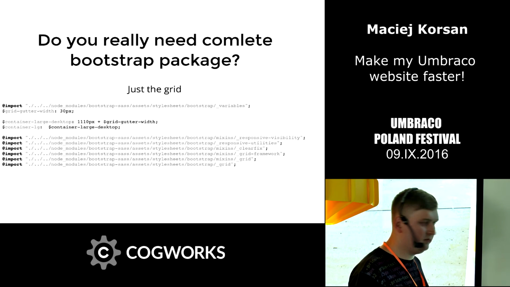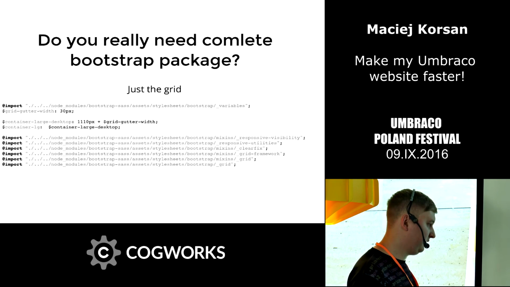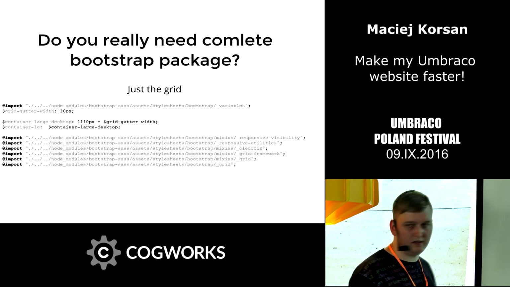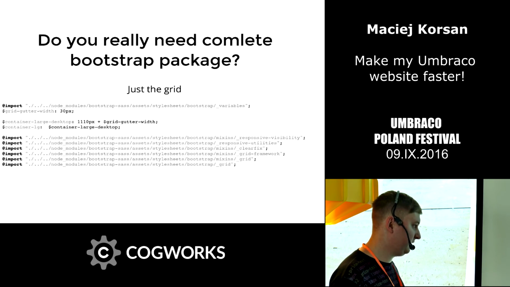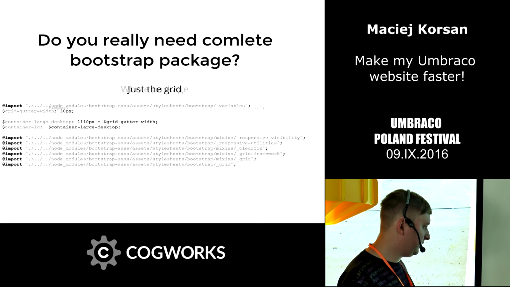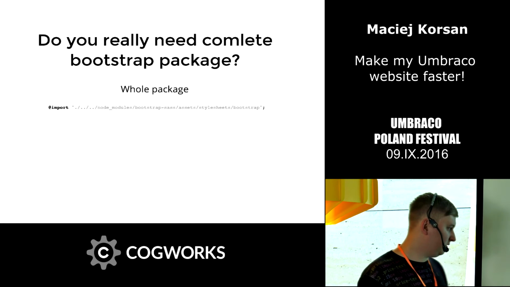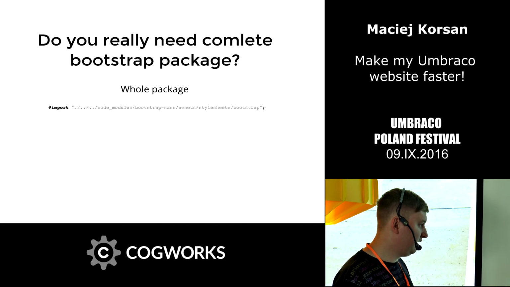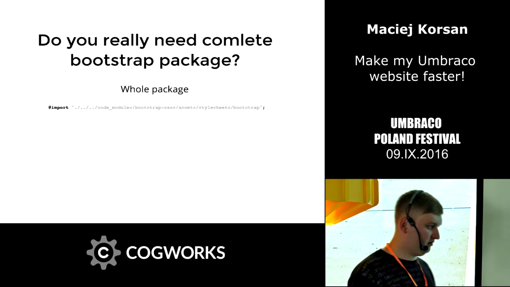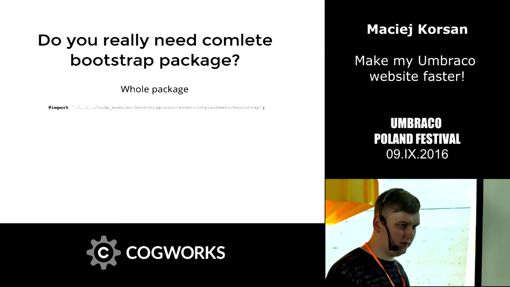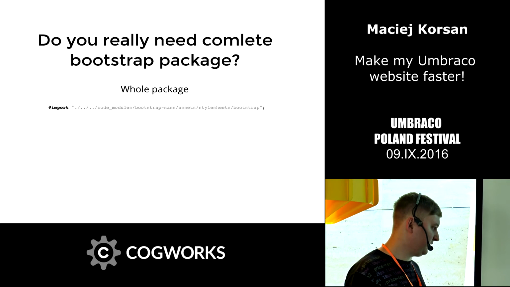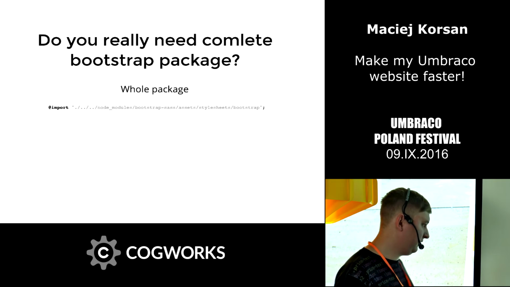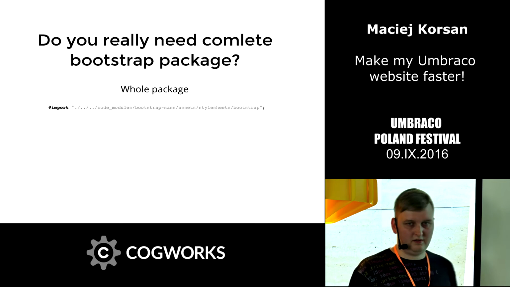This is the minimum you have to write to get only the grid from Bootstrap. But normally it would look like this: I would just import the whole Bootstrap here, and this is just the grid. So the amount of code might look much scarier, a lot of lines, complicated. And this is the whole package. It's easy, but